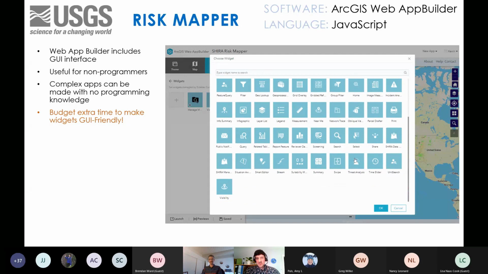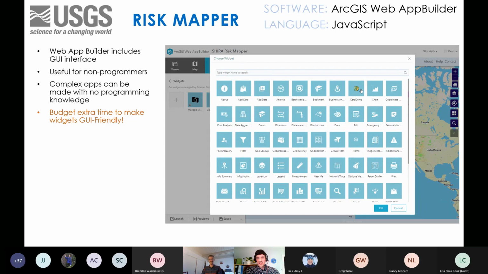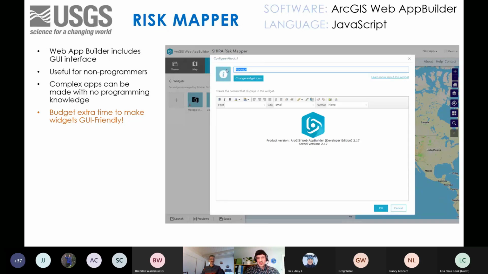I'm showing here a big page of all the different options: printing widgets, analysis, even basic things like charting. And I'll go through here. You can even add very simple HTML widgets. So this is a useful tool.